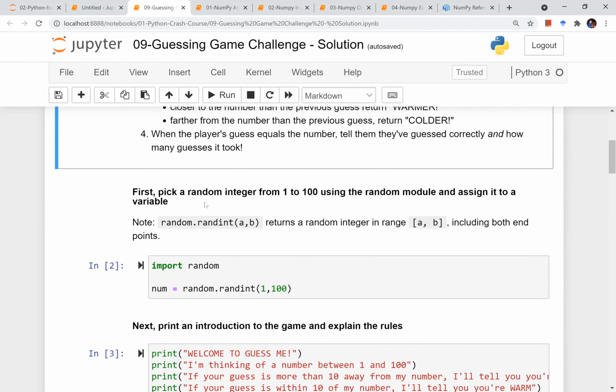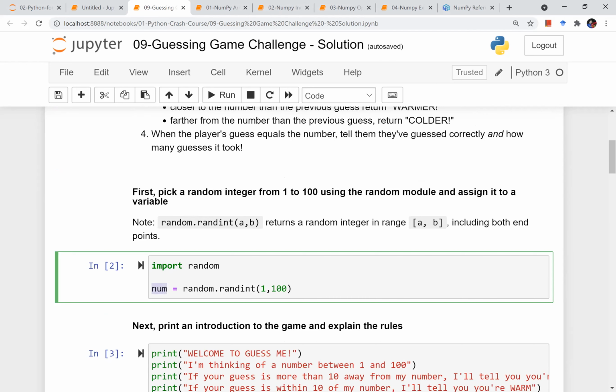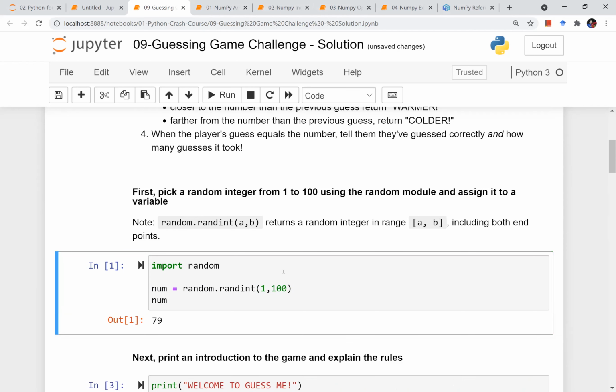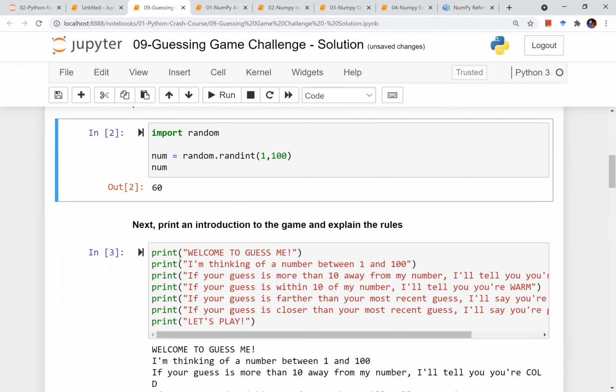So first, we have to create the main number which we want the user to guess. To create it, we will use a random number, because every time we want it to be a new number, right? I can hard code it, like number is equal to 25, but that will be fixed. I want to make it more versatile. So I'll use import random, and from that, number is equal to random randint between 1 and 100, right? This is the number which the user should be guessing, a random integer between 1 and 100. Let's print it: 79, right? So if I run it again, then it changes. Once it is fixed, it is at 60. Now I want my user to guess 60.